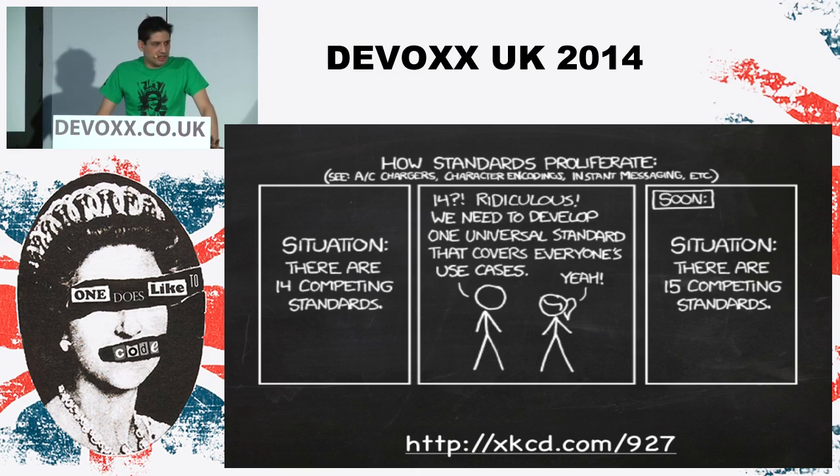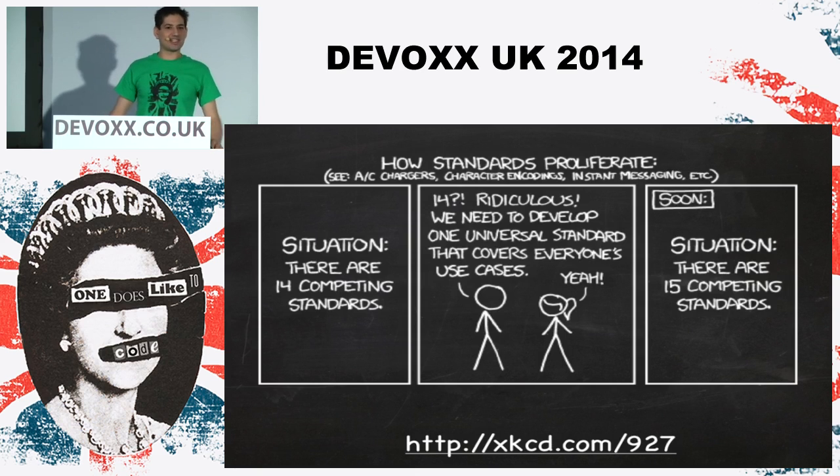I've mentioned things like standard libraries and standard encryption so far. This is the great XKCD explaining how standards proliferate. Anyone that's used standards will know how quickly another standard has been added that's better than the previous standard. You do need to keep up to date on them a bit. There's a lot of resources on the web. I'll have some links later that show you where you can go to find out about the standards for security.